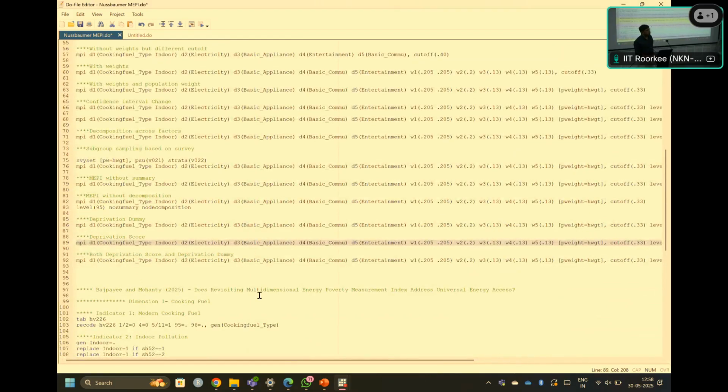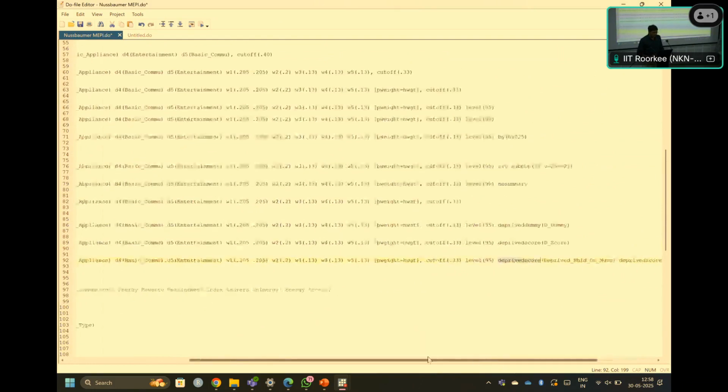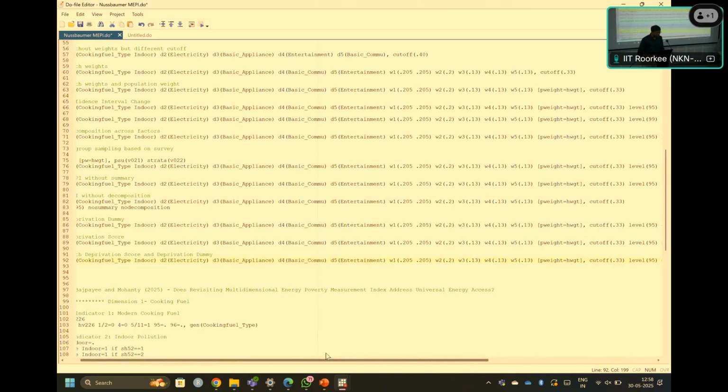So both deprivation score and deprivation dummy can also be taken together in one command. And if we specifically mention at the end like this, you have to mention both deprivation score and deprivation dummy. But I think in both the case,